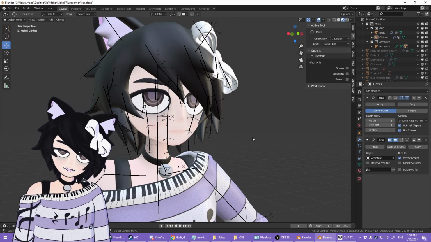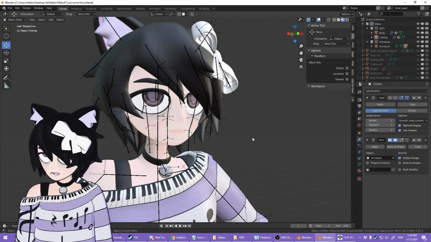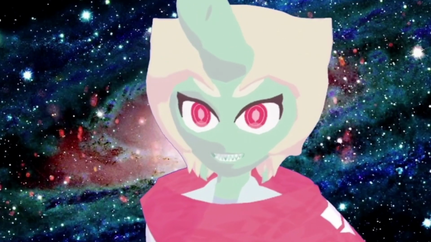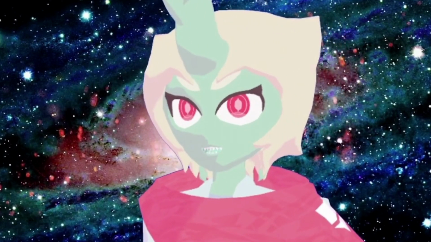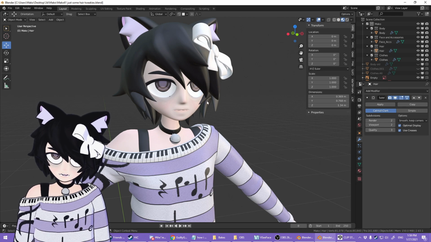I mentioned that shaders can be too accurate for stylized models, and they can make the face end up looking weird. You can see that in this earlier version of my Miniaxel model before I knew what I was doing. Just too many shadows on the face, it just doesn't look right. However, we can prevent that with custom normals.